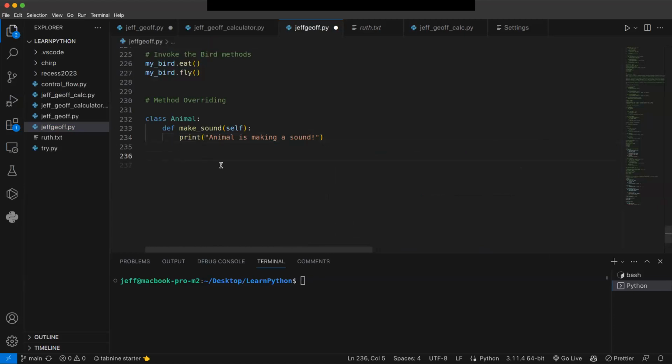So that part of the class is done. It will display animal is making a sound. Then another thing that we are going to look at is another class, which is a derived class for animal. Okay. Now this class here,